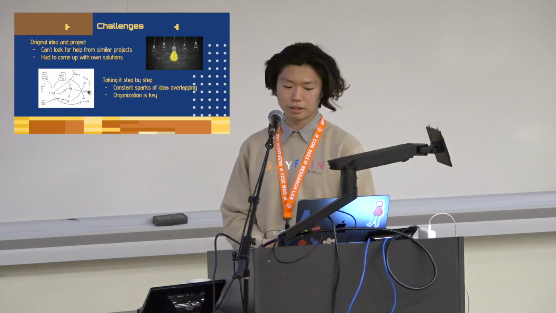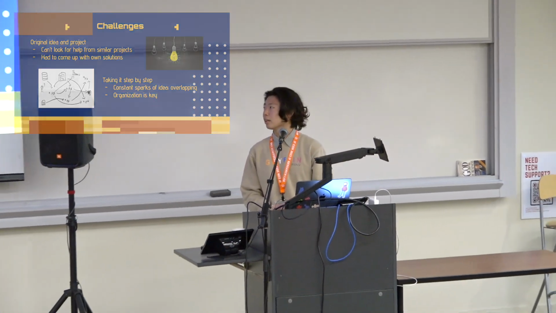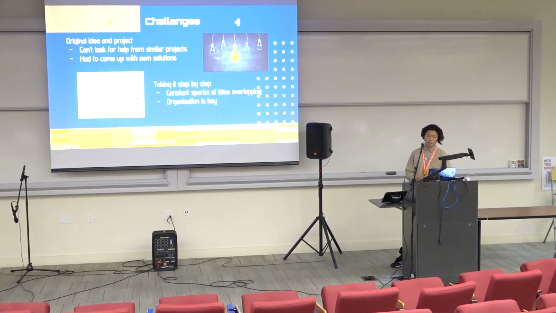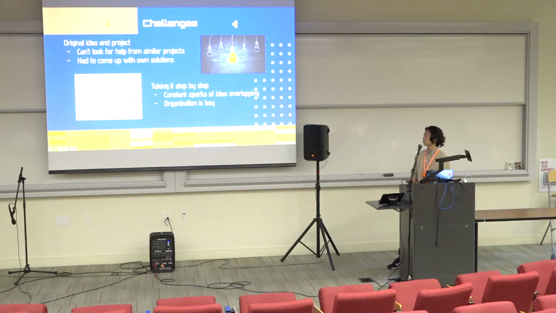This made the progress of the project very slow, as I came across problems very often. Another challenge I had during this project was taking it step by step and focusing on one thing at a time. During coding, I would have constant sparks of ideas on how I could potentially program a certain feature or how I could solve an error with another feature. This overlap of ideas would crowd my brain at times and confuse me more than it would help, causing interruptions when coding. Because of this, organizing my ideas by writing an outline helped me a lot through the process, as I could write down these sparks for later and focus on the task in front of me.